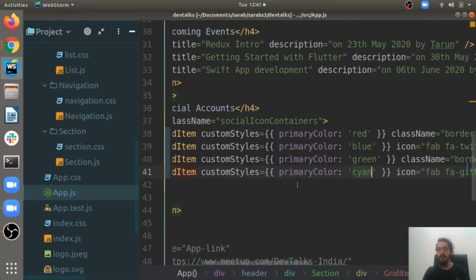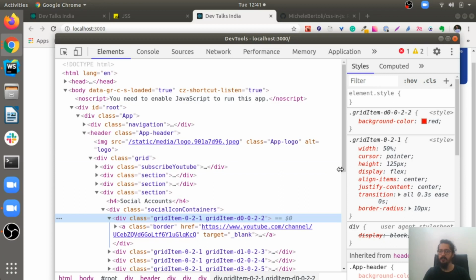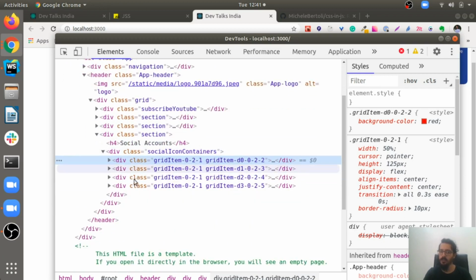Now this is not inline styling, and if you go back and just inspect this one to check what is happening in the DOM, you can see it creates 2 different classes automatically. You don't have to do anything. So the first class has all of the properties, and the second class is that one property which has a dynamic value. So it creates a different class for that, and it checks if there is a prop, so it will render it separately and create a different class for that, so it will not collide with other classes. So you do not need to go into a CSS file to create any of the properties. It is doing that automatically.